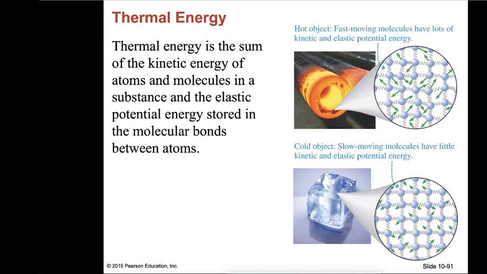If the object is cold, then the velocity of the molecules is less, and the molecules cannot be too far away from the equilibrium positions, so the springs are not compressed or stretched much. So that's thermal energy. It simply depends on the temperature. And the temperature is a macroscopic feature of an object. In the microscopic view, it means the spring energies for the bonds and kinetic energies for the beads, or atoms or molecules.